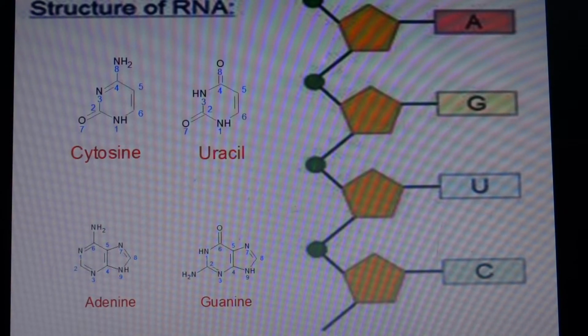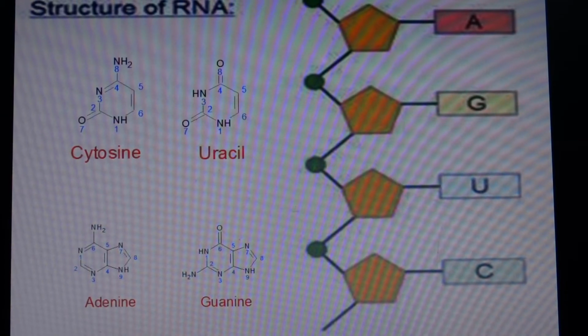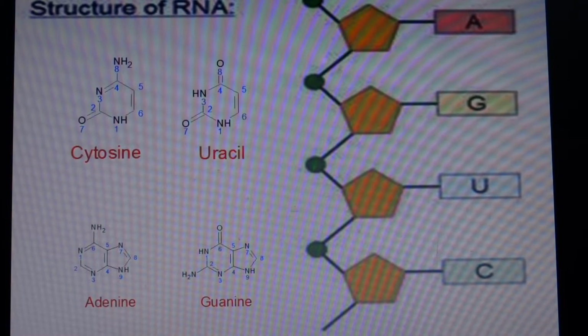RNA is a linear polymer made of three things: ribose sugar, phosphate, and nitrogenous bases. The phosphate and sugars are strung together to make a backbone. The backbone is on the outside of the molecule. Each sugar is connected to two phosphate groups through different linkages. Each sugar is oriented in the same way, and so each RNA strand is polar, with one end distinguishable from the other.